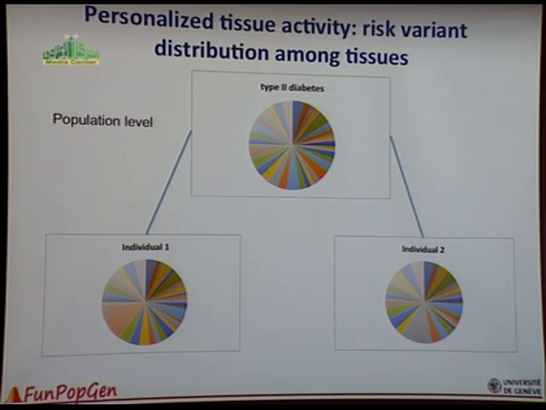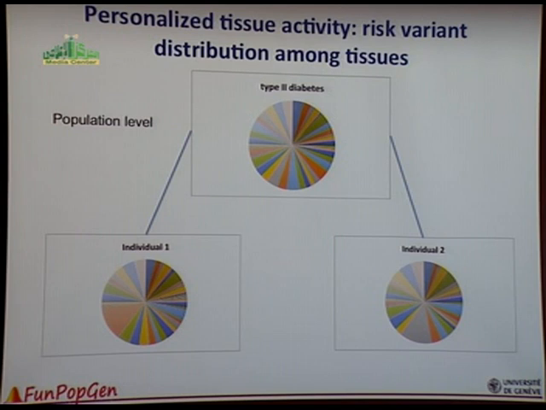So then I can ask the question, for the 30–40% of us that carry a risk, 30–40% of risk variants that each of us carry for a particular disease, where these are active. So you may find, for example, that for some individuals it is this tissue, which I think in this case is liver, or for other individuals it could be pancreas. Which means that although you can get a contribution to the population, you can also have personalized contribution of these